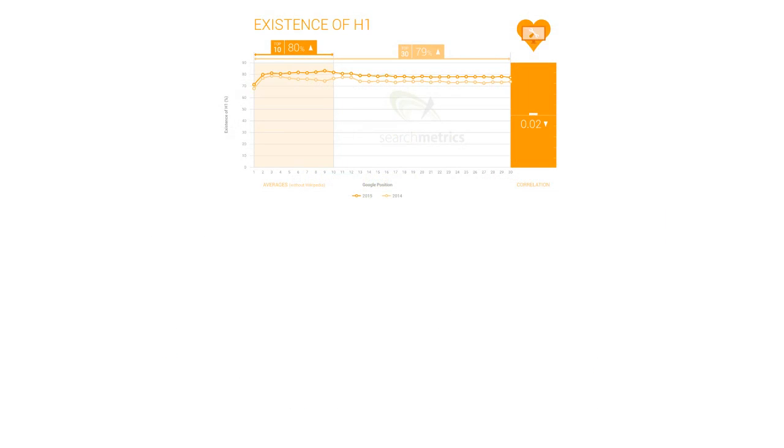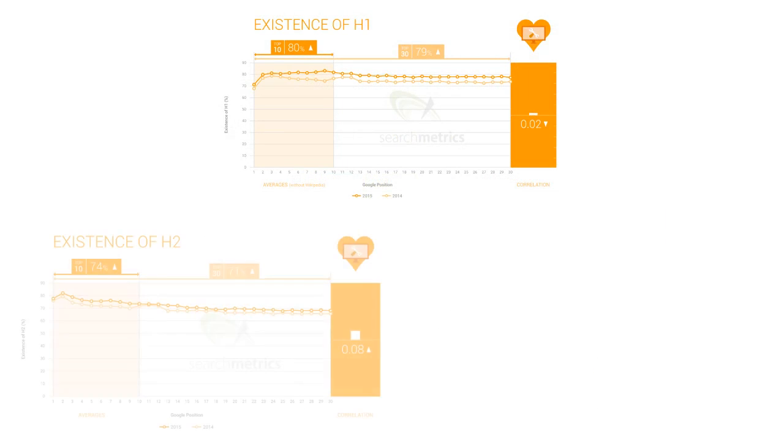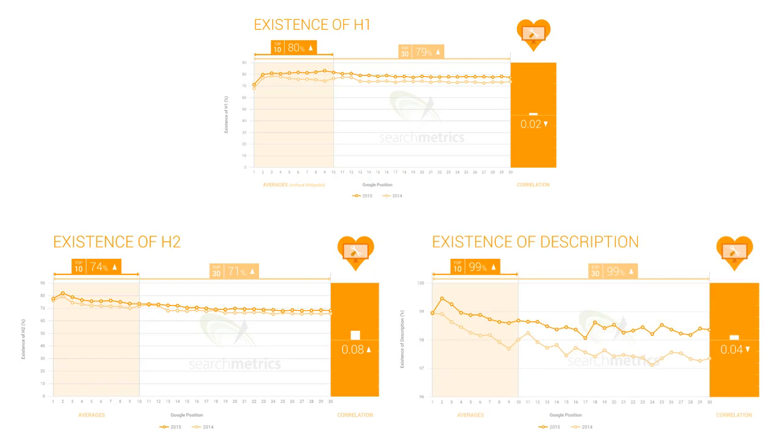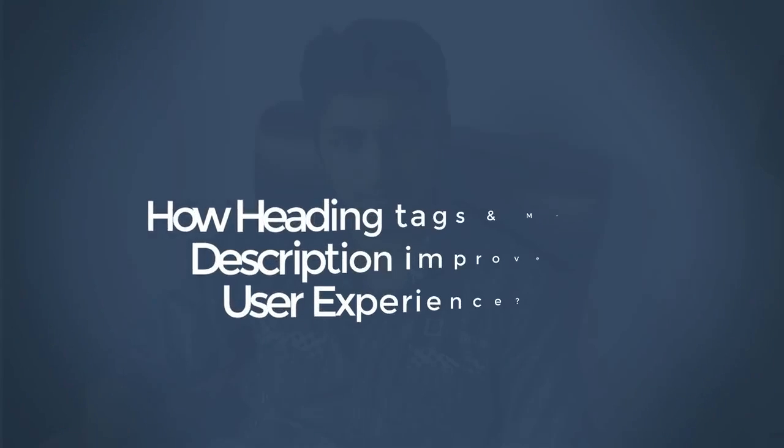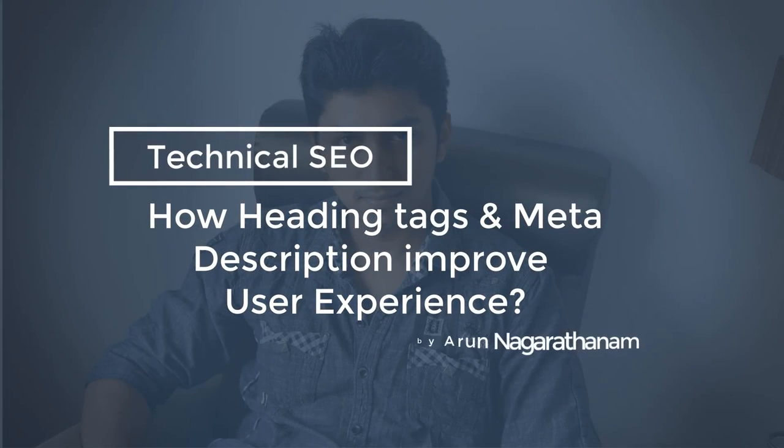Since the average usage of these H1, H2 and meta description tags is very high, I do recommend you to use these heading tags as well as the meta description tags in your post to get higher ranking in the search results. Now let's come to the answer for how these heading tags and meta description increase the user experience